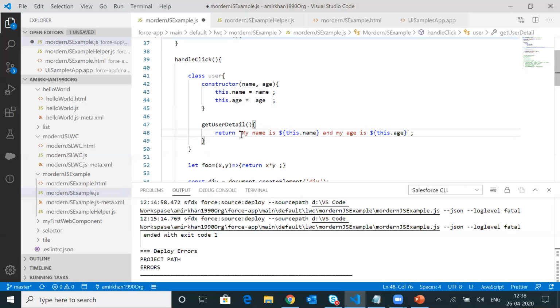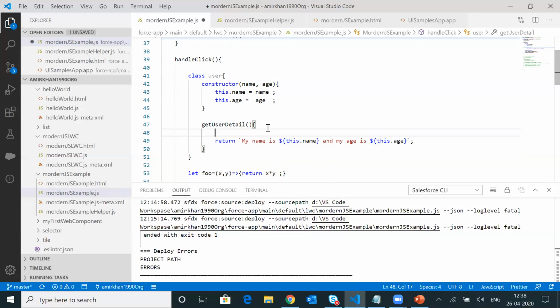In version 6 JavaScript, you can directly create your string this way, using the backtick sign, or whatever you call it. Basically, this is a backtick sign. You can find this button on the keyboard just before the number one. By using this backtick sign, you can write your string, and whatever variable you have, just write the variable by using the dollar sign and curly braces. It will directly populate the variables.